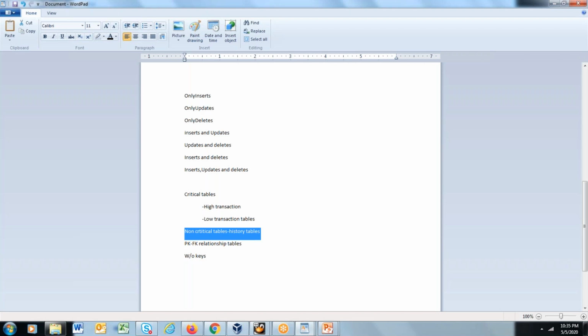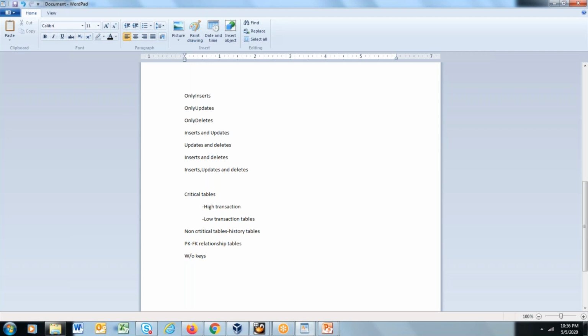So you divide them into different processes. Non-critical tables should not be kept with critical tables for sure. Otherwise, lag in non-critical tables may cause issues in critical tables as well.